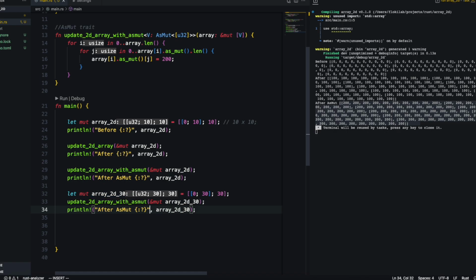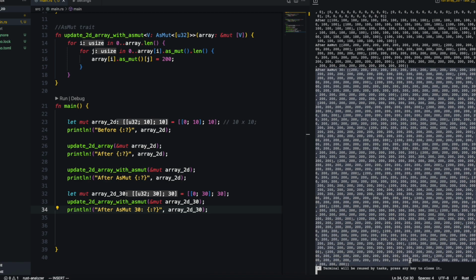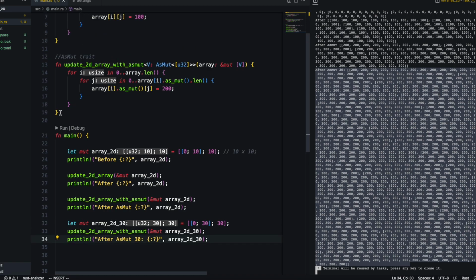So as mutable, let me put as mutable 30 here. Okay, we're going to choose yes. So we can have, wow, so many here. After mutable 30, this is the new matrix of 2D arrays. Every element of this array we change into 200. So this is the way we update 2D arrays